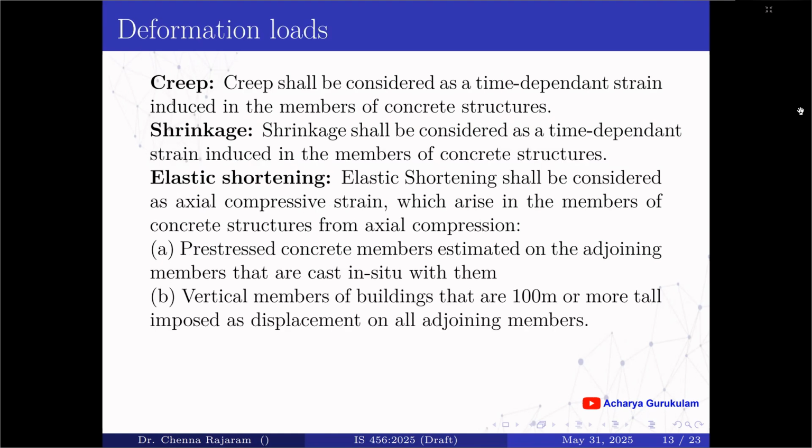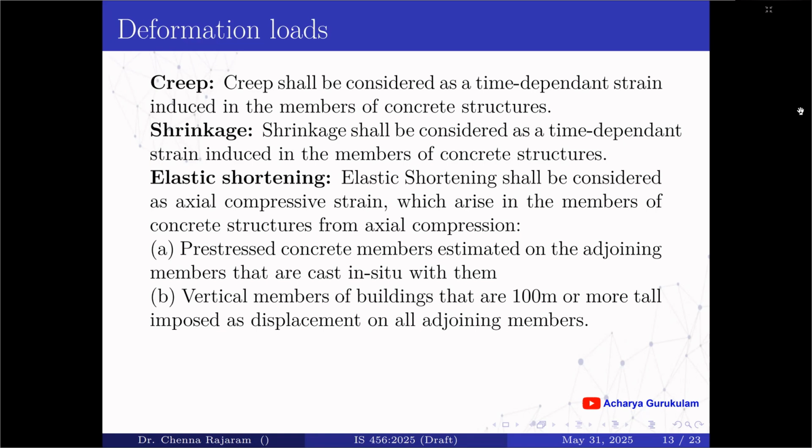Next, we'll discuss the deformation loads. Under deformation loads, creep shall be considered as a time-dependent strain induced in the members of concrete structures. Shrinkage shall be considered as a time-dependent strain induced in the members of concrete structures. Elastic shortening shall be considered as an axial compressive strain which arises in the members of the concrete structures from